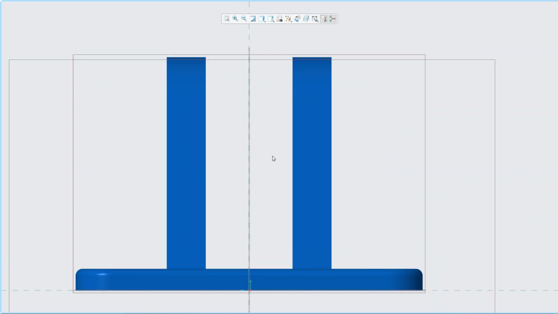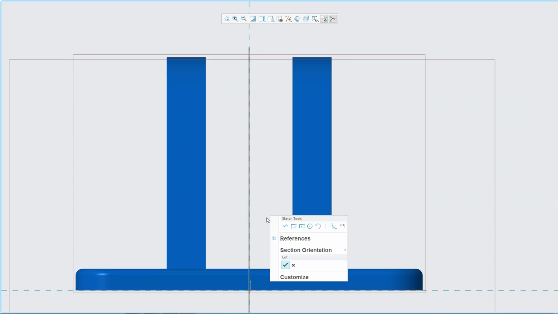So again, I'll just do full screen mode here. And this is a really good area if I wanted to make a rectangle. Maybe I want to add, say, one of the sketch tools in Creo 3 was a center rectangle. Now I might not have that on my sketch tool by default, so what I can do is I can